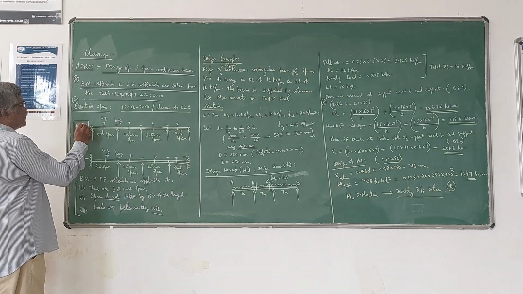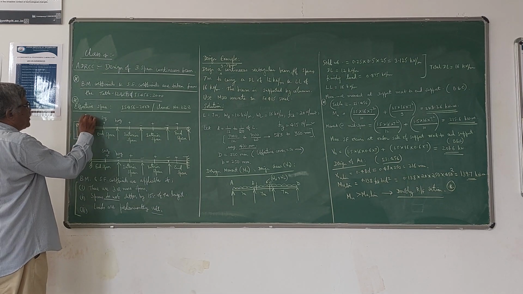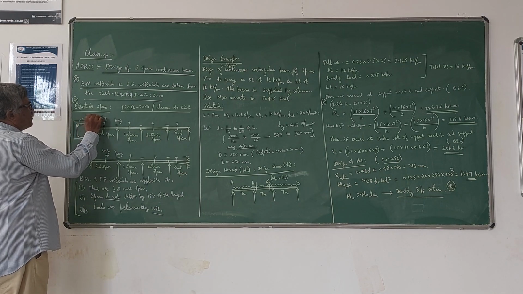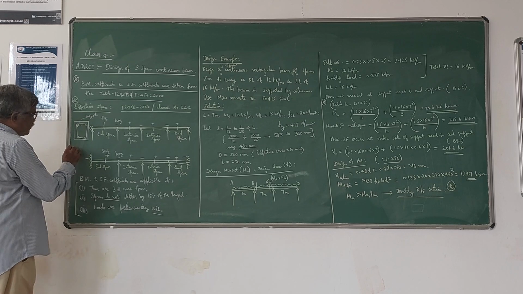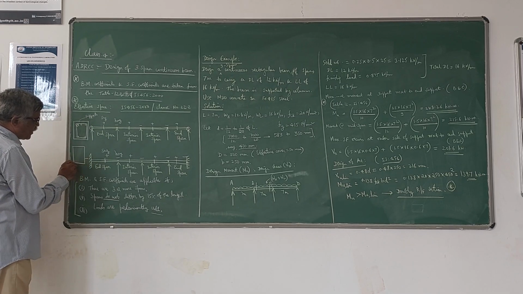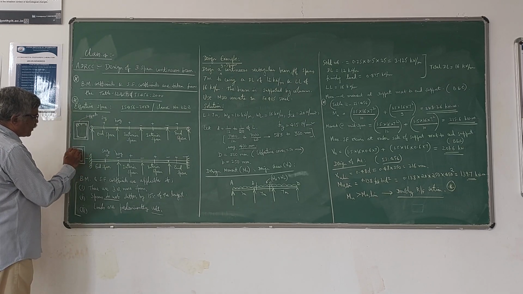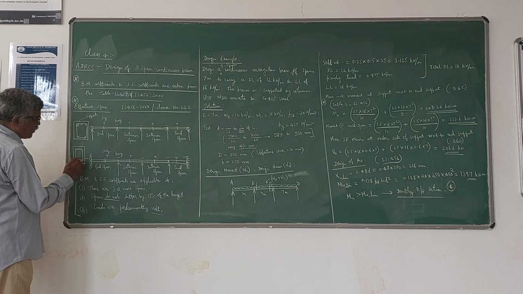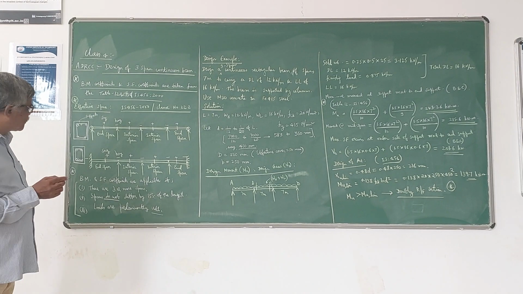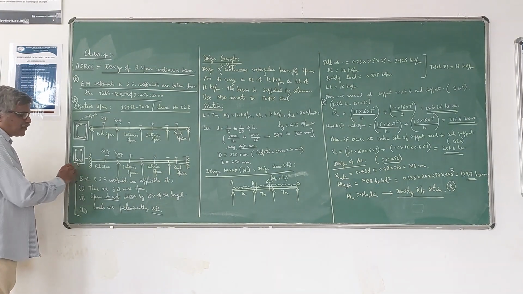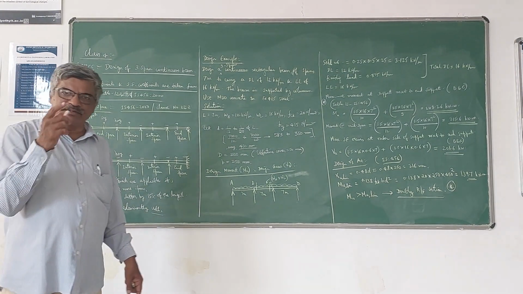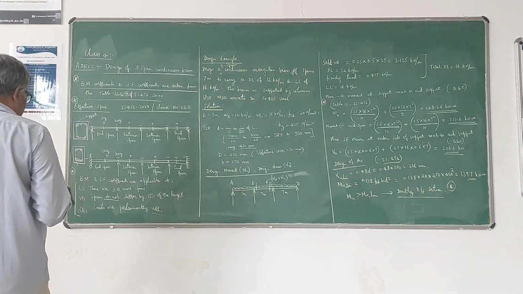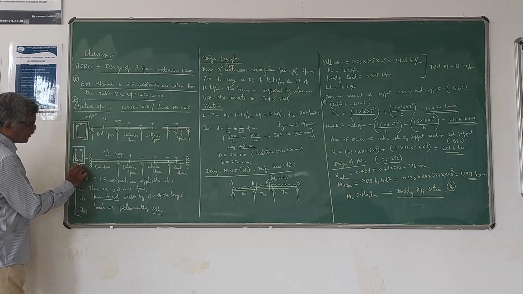You may have to provide some two nominal bars at the bottom also. So this is the type of reinforcement which is provided at the support. Whereas at the midspan you are going to provide main reinforcement at the bottom. A nominal you may have to provide at the top. Suppose if it is a doubly reinforced section, then you have to design both tension reinforcement as well as compression reinforcement. So this is at the midspan.